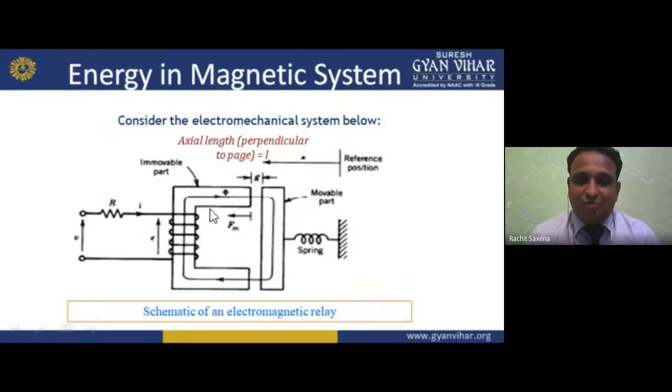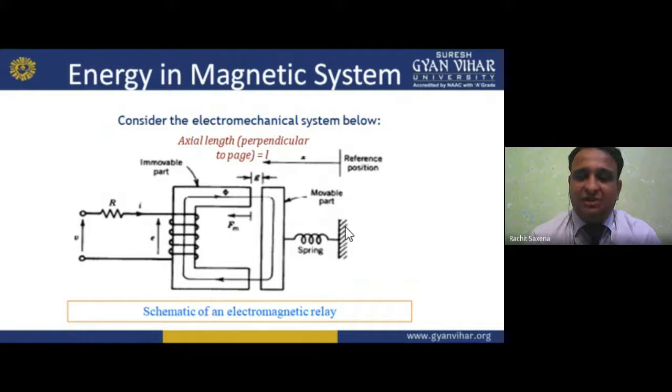Now the flux is moving. Now, does the flux move here or not? So we have a movable part. Due to this, force takes place, and if force takes place, now it moves. The spring is for the controlling torque. It acts when current flows. If current is not there, it is closed again.